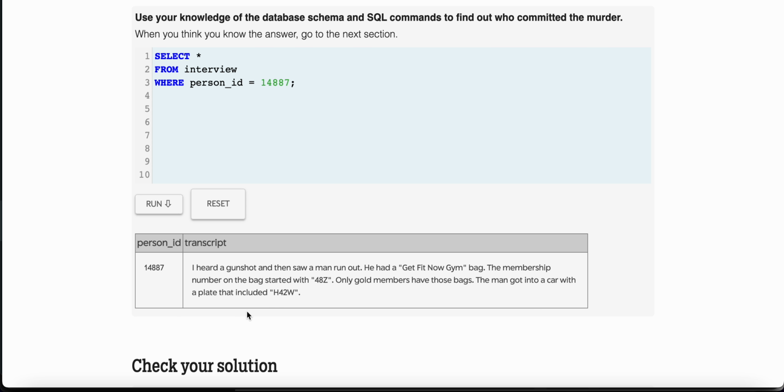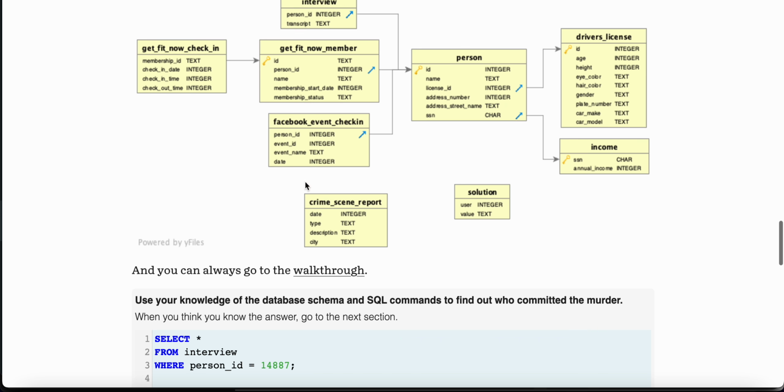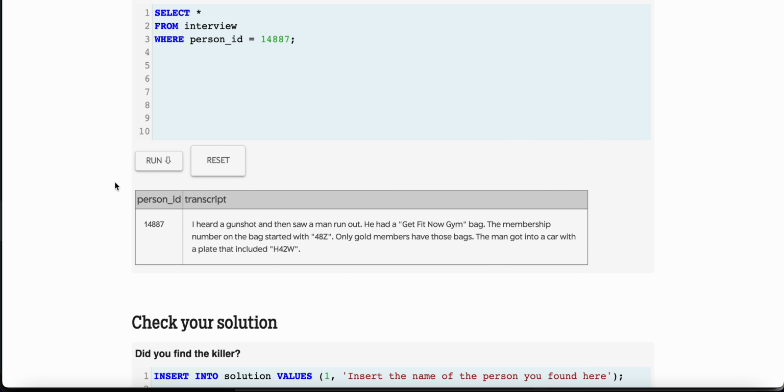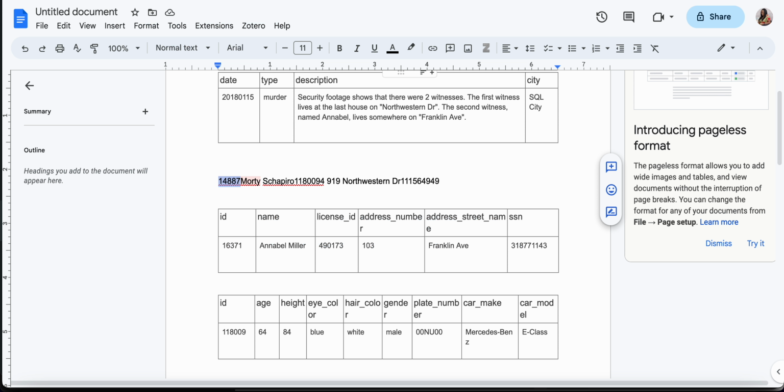Oh yeah, so they got him and they took an interview, a transcript from him, and he said that I had a gunshot and then saw a man run out. He had a get fit now gym member. The membership number on the bag started with 48Z. Only gold members have those bags. The man got into a car with a plate that included this. Okay, so we have membership status in a get fit member. This is getting very interesting. Now that we have gotten the transcript,